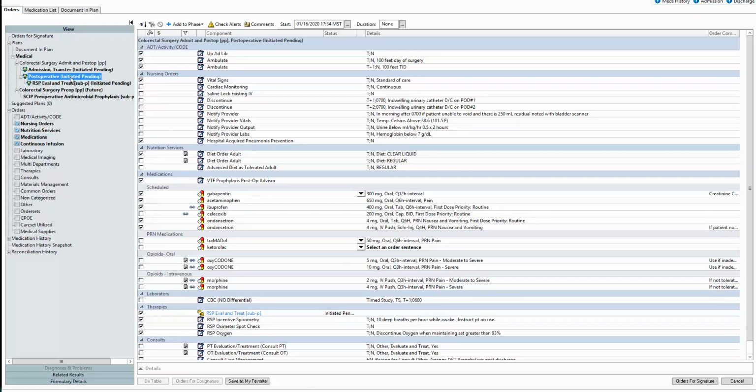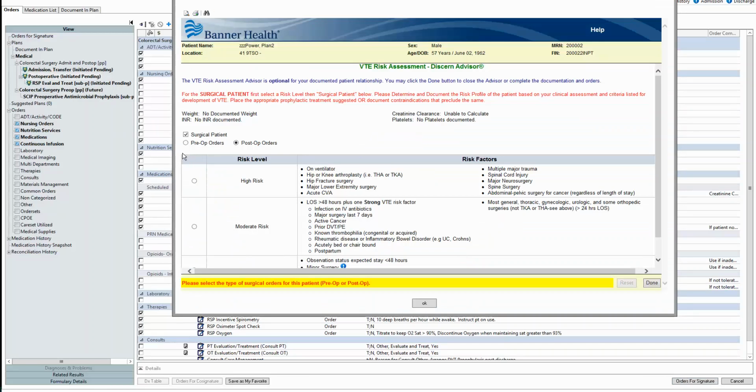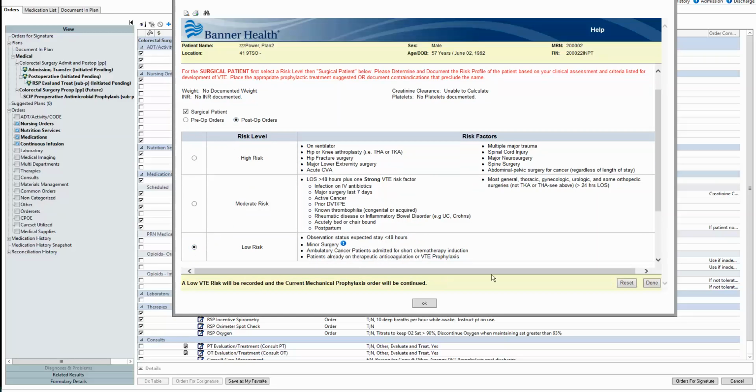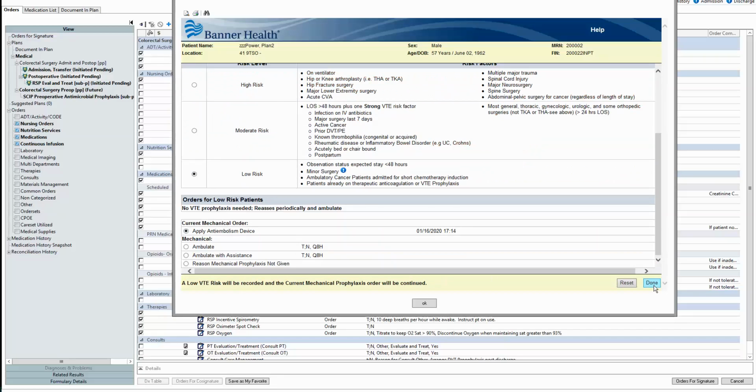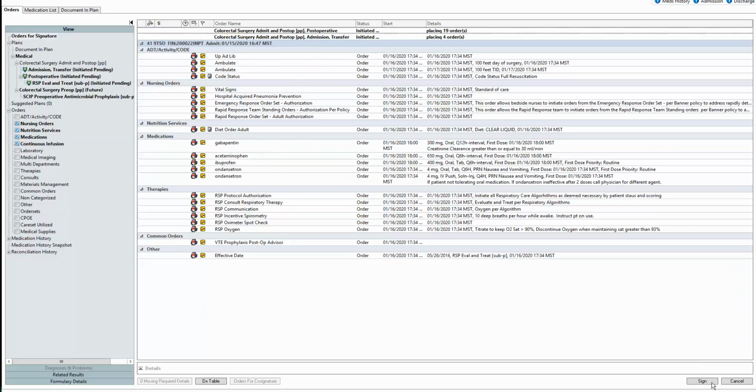As you can see on the left, the orders are in an initiated pending status, as they will stay until we sign the orders. When clicking Orders for Signature, the VTE prophylaxis fires appropriately. We address the alert for this patient, selecting Post-Op Orders, making your selections, and clicking Done. You can see at the top that we are placing orders, and then we click Sign,